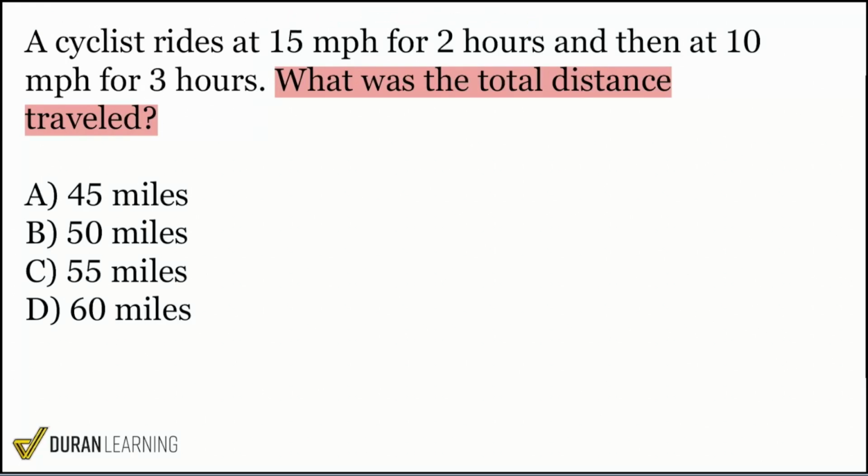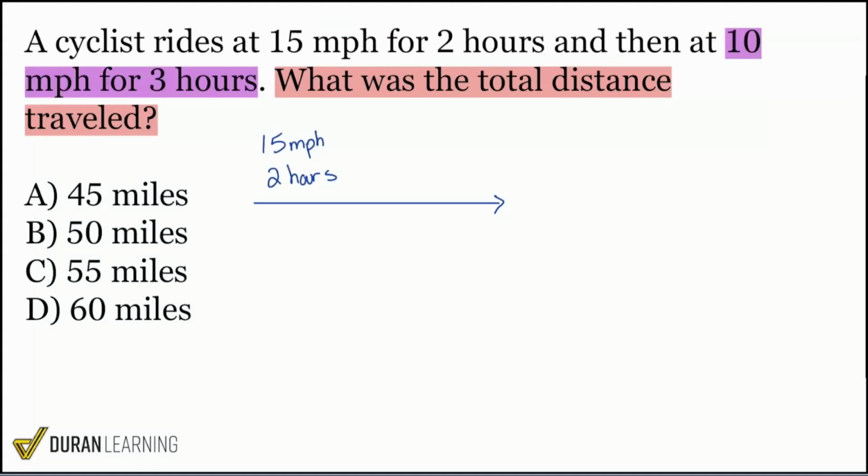Okay, sounds good. Let me just go ahead and say, hey, we do this, 15 miles an hour, 2 hours. And then at 10 miles an hour for 3 hours. Okay, I'm going to point it this way. And I'll say 10 miles an hour for 3 hours. It doesn't matter what direction I point this in. It could have been pointed this way. It could have been pointed this way. It could have been pointed up, to the right. It doesn't matter. Because when we're trying to find the total distance, all we care about really is from here